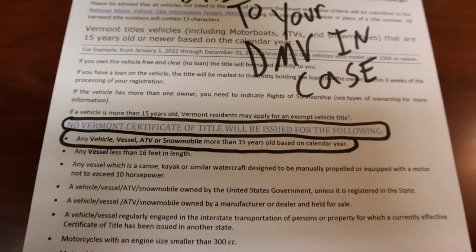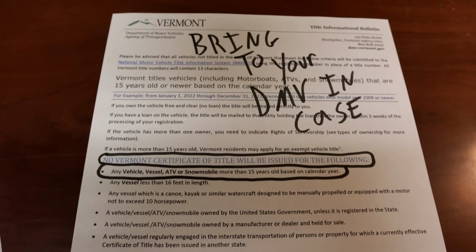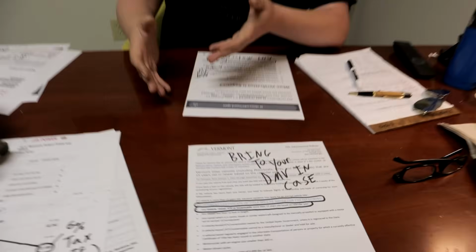Oh, okay. So most of the time your state DMV is going to know, okay, this is Vermont registration. They don't issue titles for old cars. Okay. And they'll swap it out. A lot of states used to not do that. But if you bring that with you, that is what Vermont says. They can't refute that. Right. So just to clarify then, Vermont will not give you a title, no,